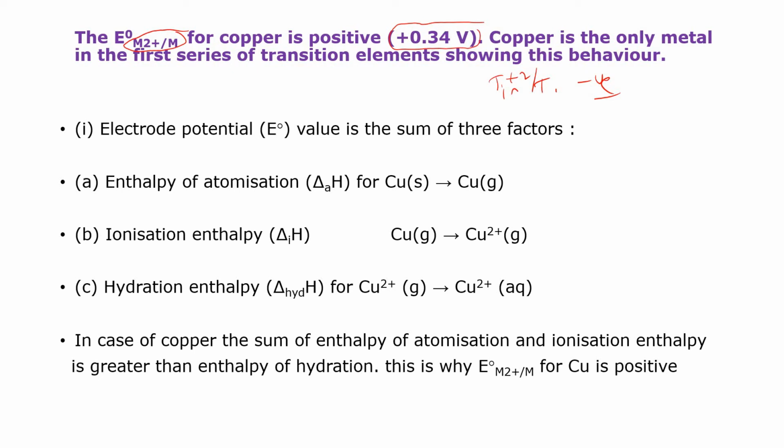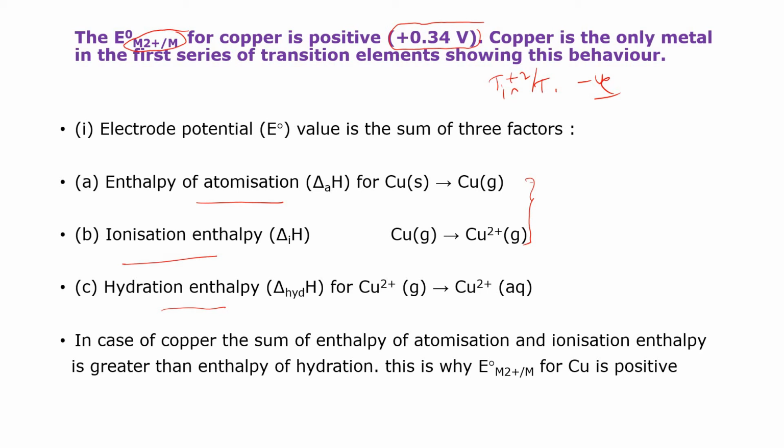Generally, if you want to calculate the electrode potential values, first of all, you have to take the enthalpy of atomization. Already we discussed the enthalpy of atomization, ionization enthalpy completed, and hydration enthalpy also we completed, but anyhow I will explain this one, no problem. In the case of copper, first of all, we have to consider the atomization enthalpy and the enthalpy of hydration here. In all the cases, these two never change compared to other elements, they are quite the same.